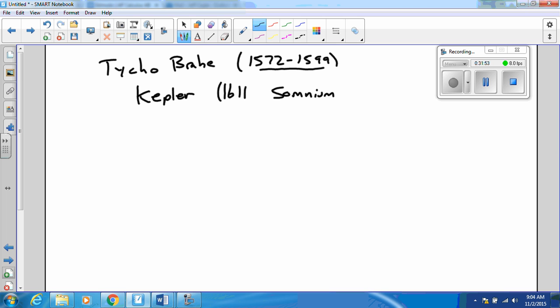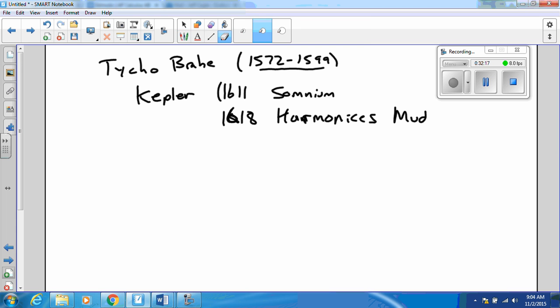And he publishes a second work in 1618 called the Harmonices Mundi, which is, yes, all scientific works at this time were published in Latin because that would allow you to communicate with the whole world, which did not necessarily speak Italian or Danish or German or whatever. And in the Harmonices Mundi, Kepler publishes a heliocentric picture,